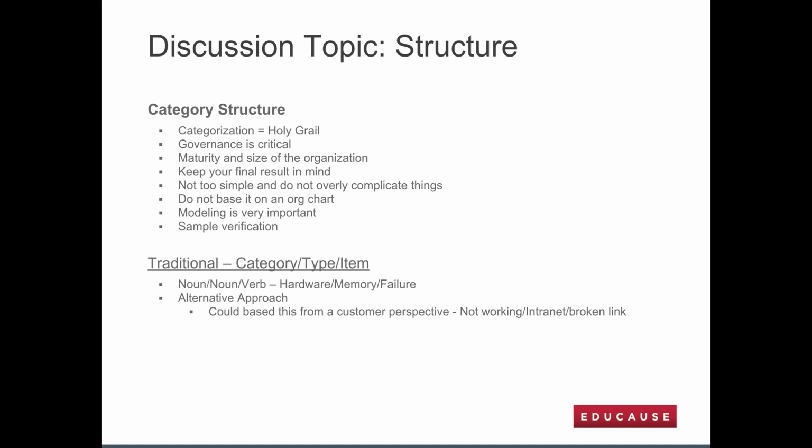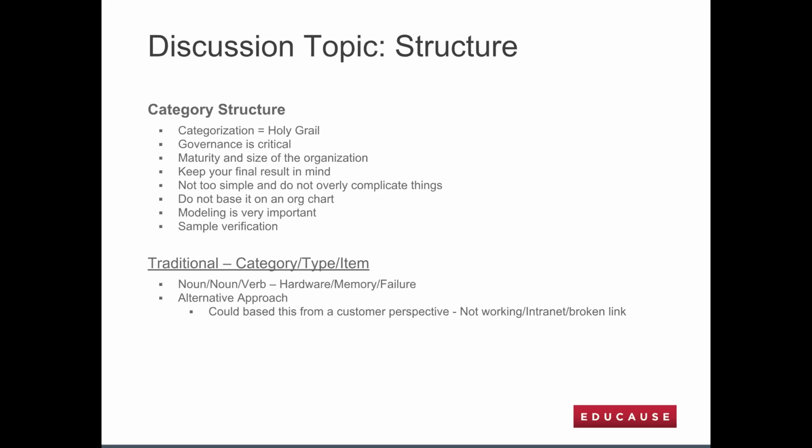Once you set up your categorization, it's important to sample the verification. What I mean by that is, you have the governance, the high-level committee defining the categorization, but then you involve your different organizations to say, here's what we came up with. We need you to pull a random sample report of tickets that you've been submitting and handling. Take those tickets and manually put them into the new model, and make sure it's going to fit and the model is going to work, if that makes sense. That's going to be important, so that once you go live, or once you're implementing and training people, it makes sense and works all the way through.